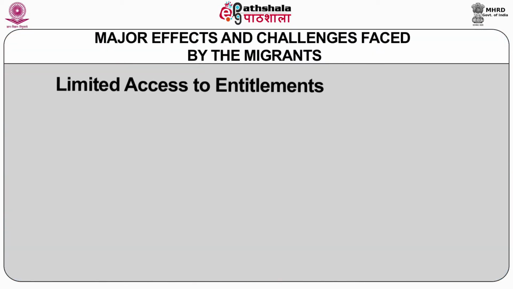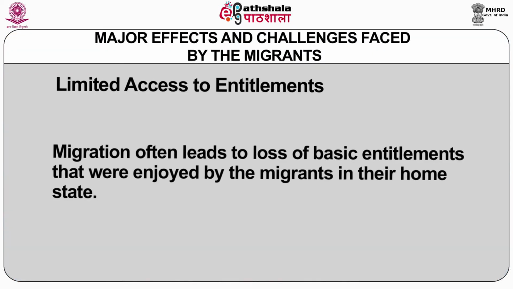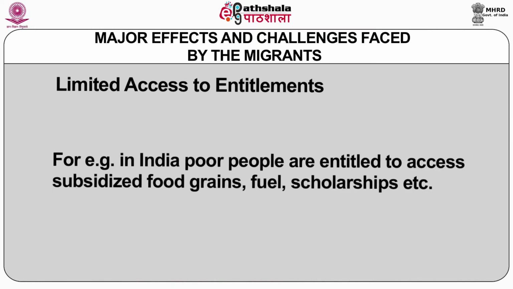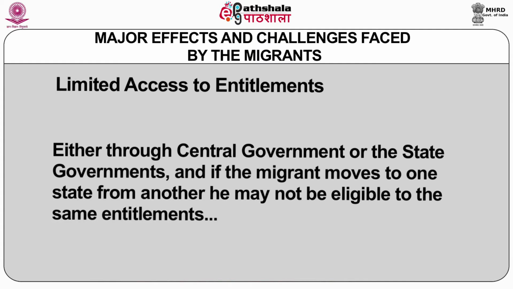There's limited access to entitlements. Migration often leads to loss of basic entitlements that were enjoyed by the migrants in their home state. For example, in India, poor people are entitled to access subsidized food grains, fuel, scholarships, etc., either through the central government or the state governments. And if the migrant moves from one state to another, he may not be eligible for